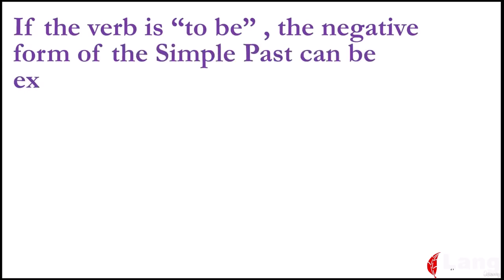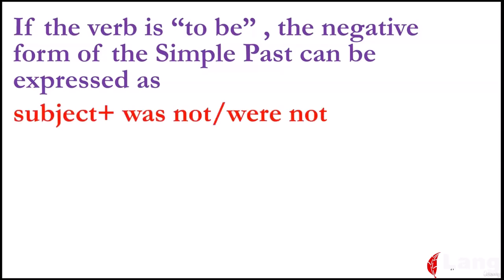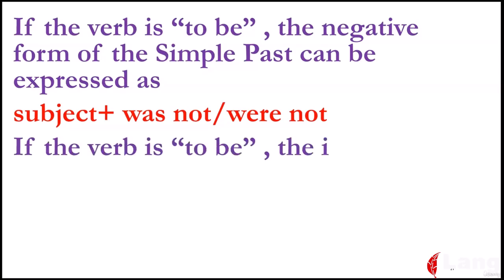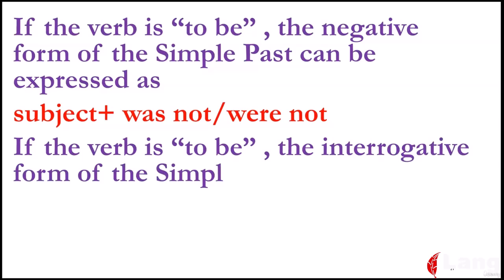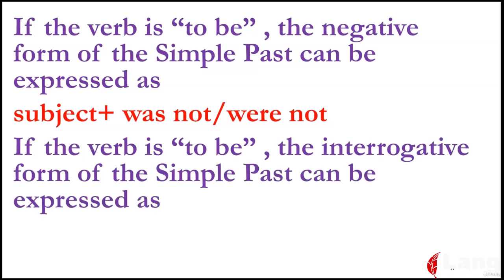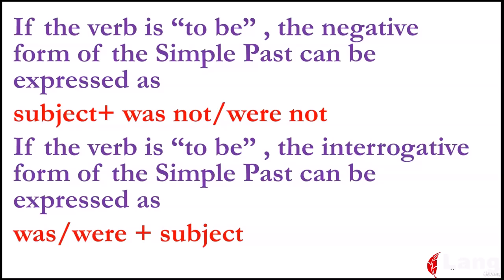If the verb is to be, the negative form of the simple past can be expressed as subject plus was not or were not. If the verb is to be, the interrogative form of the simple past can be expressed as was or were plus subject. Examples: